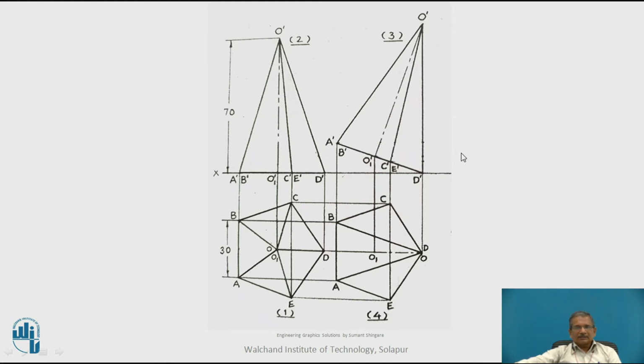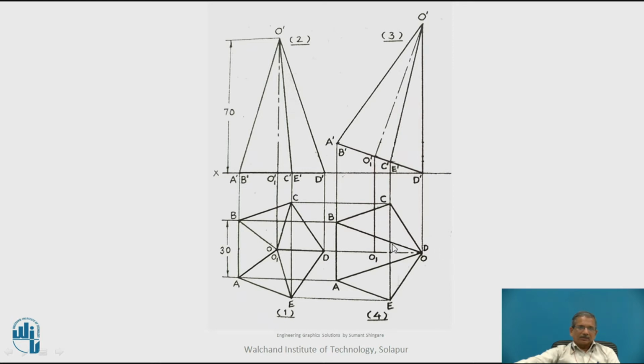So reconstruct this same thing, project it downwards. So now as O dash, D dash are on the same vertical line, you will get O, which is the apex, and base D on the same point. So when you are observing from here, all the lines will be visible. So OD, OB, OA and OE. So as D is on the same point, one more face will not be visible there.